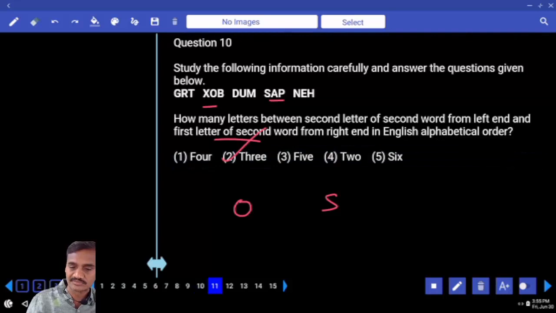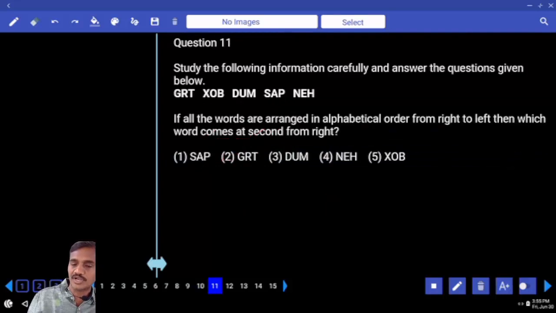Then the 11th one. If all the words are rearranged in alphabetical order from right to left, then which of the following comes second from the right? Now the words are arranged in alphabetical order from right hand side to left hand side, and so D comes first from the right, and this GRT comes second from the right hand side, isn't it? Then which comes second from the right, GRT, that is